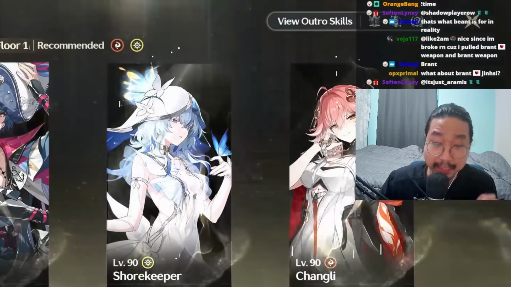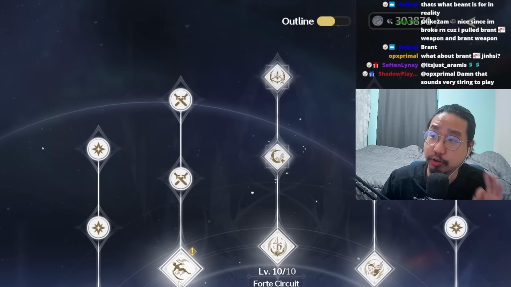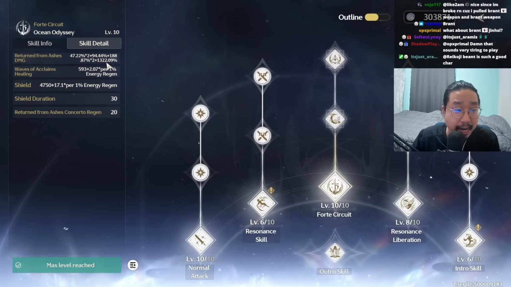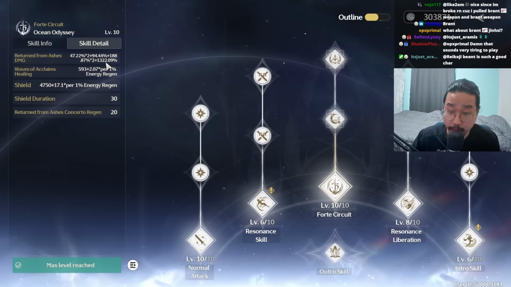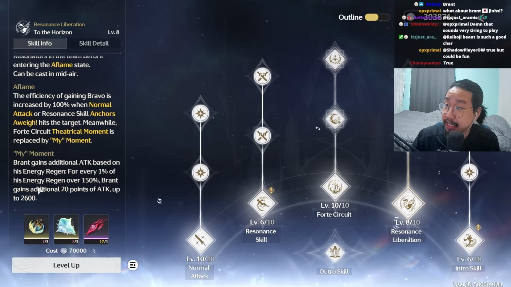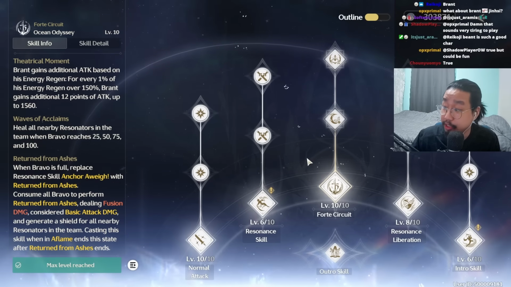And this is the last part that I wanted to get into, or one of the last parts that I want to get into. And that's just how absurdly broken this guy's outro skill is. We're all familiar with the fact that Brant does a massive, massive amount of damage every single time he activates his Forte circuit, right? Return from Ashes. That is 1.3k attack scaling, and he's getting a ton of attack when his liberation is active. This is a ton of damage for one character to be using,